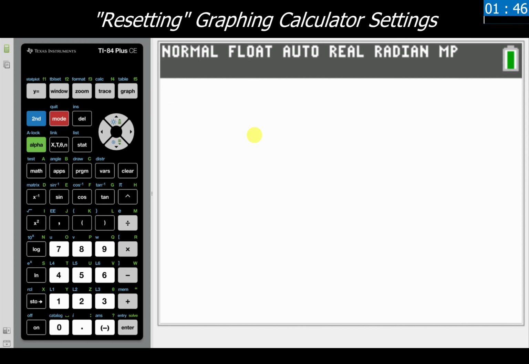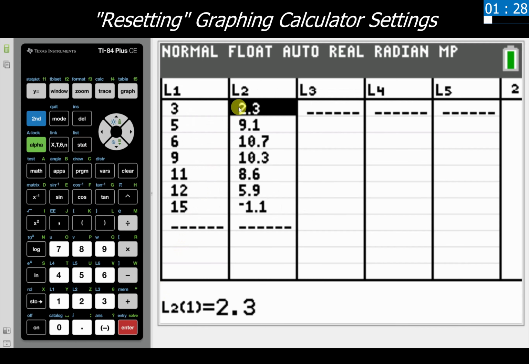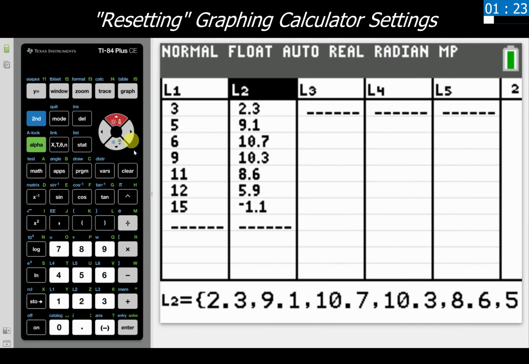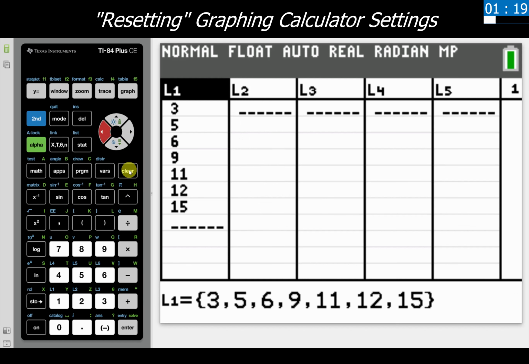A couple things I want to go through really quickly just so we can get the calculator back in its original state if we need to do graphing or anything else like that. We're just basically resetting, air quote, resetting our calculator here. So I'm going to come over here to Stat, and I'm going to go into my lists, and I'm going to clear these out so I have no data in here. And that's cleared out for the next time I need to come in and enter in sets of data for a new problem.